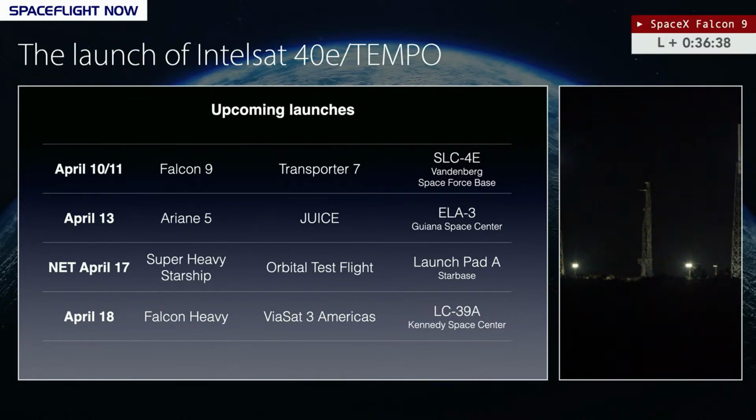These satellites are owned by a variety of customers, government agencies, commercial companies around the world. That launch is scheduled for 11:48 p.m. Pacific Time Monday night, 2:48 a.m. Eastern Time Tuesday morning. Later next week on April the 13th, next Thursday, will be the second to last or